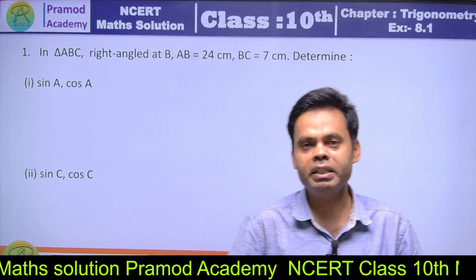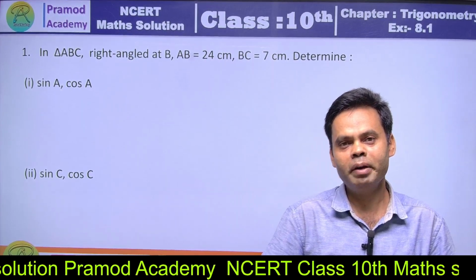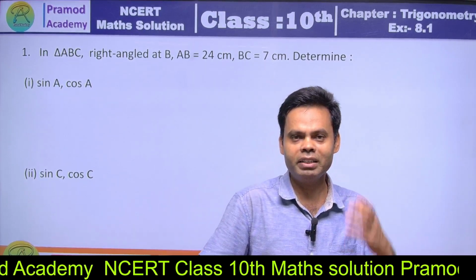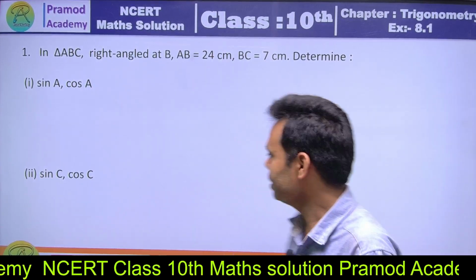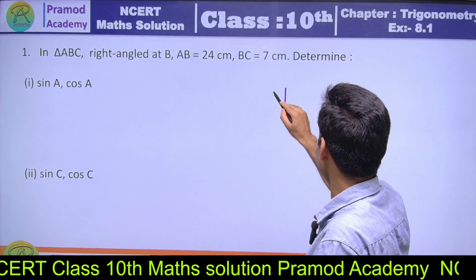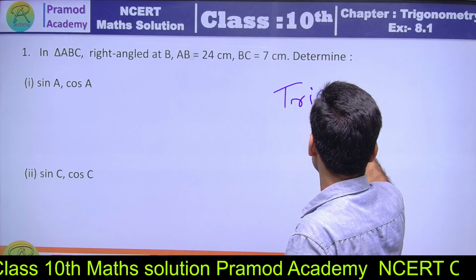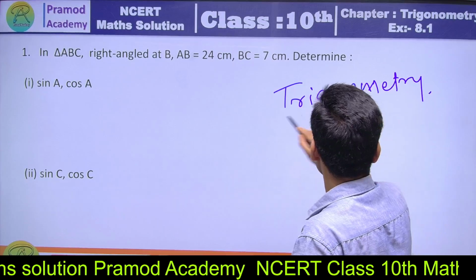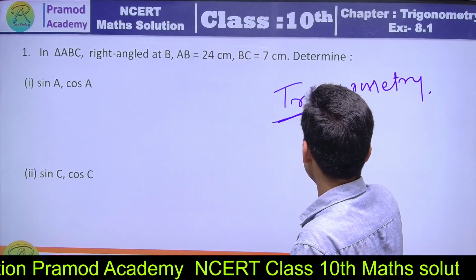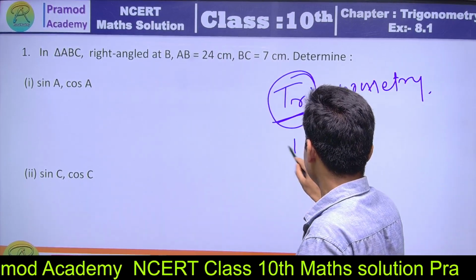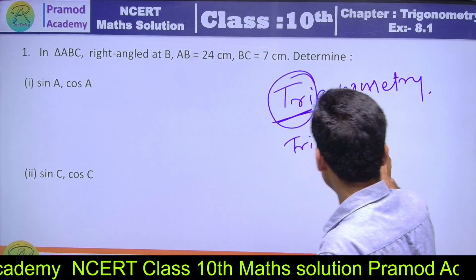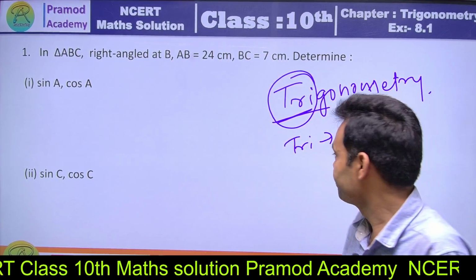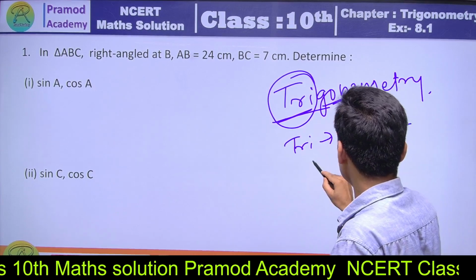So some basic formulas. First of all, we have to define what trigonometry is. So the definition of trigonometry: as you know, the spelling is trigonometry. There is one word, try. Try means 3. Gone means